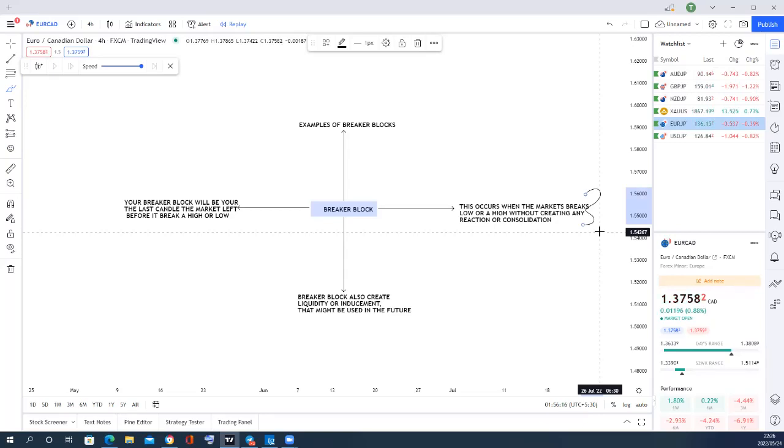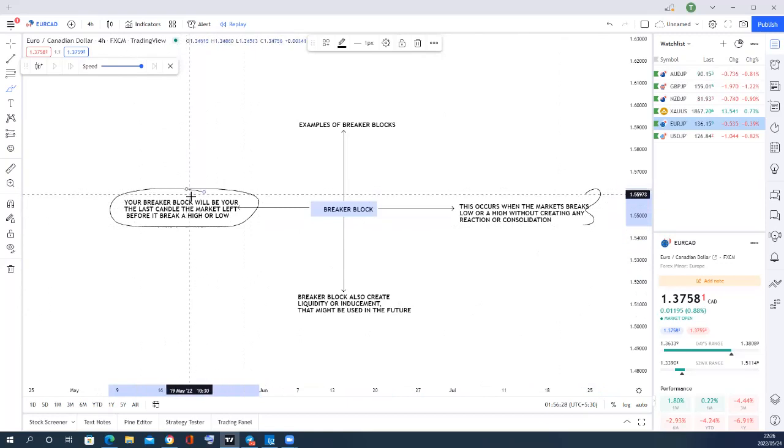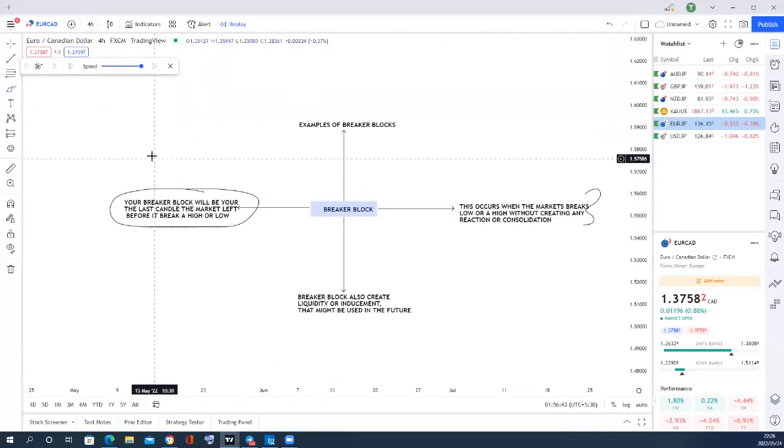Your breaker block will be the last candle that the market leaves before it breaks a high or a low. You understand? So this is the statement I'm talking about here: your breaker block is going to be the last candlestick the market left before it broke your high or your low. You understand? So let me give you a proper example of